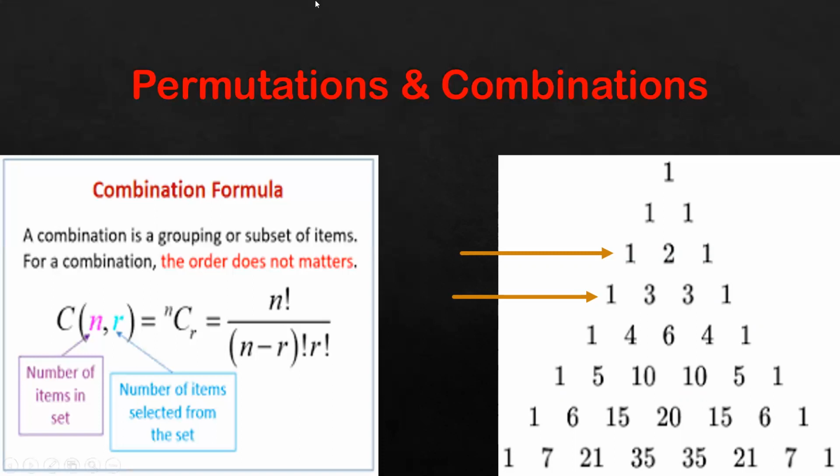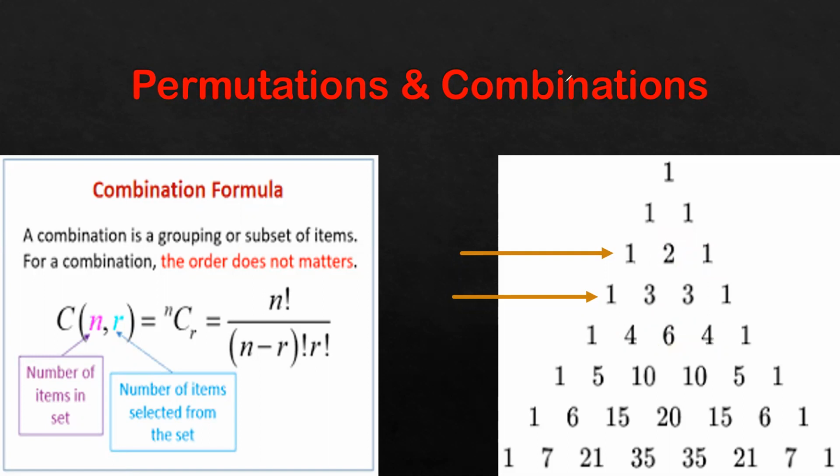So I'll just explain to you all how this Pascal's triangle is formed. I'll write a single 1. Then I'll write two ones, and when I add 1 plus 1, you get 2 over here. Then in front of 2, you will add 2 ones. Similarly, 2 plus 1 will give you 3. Again, 2 plus 1 will give you 3. Then you'll write 1, 1. 3 plus 1 will give you 4. 3 plus 3 will give you 6. 3 plus 1 will again give you 4. In this way, you can keep on increasing and it becomes a triangle.